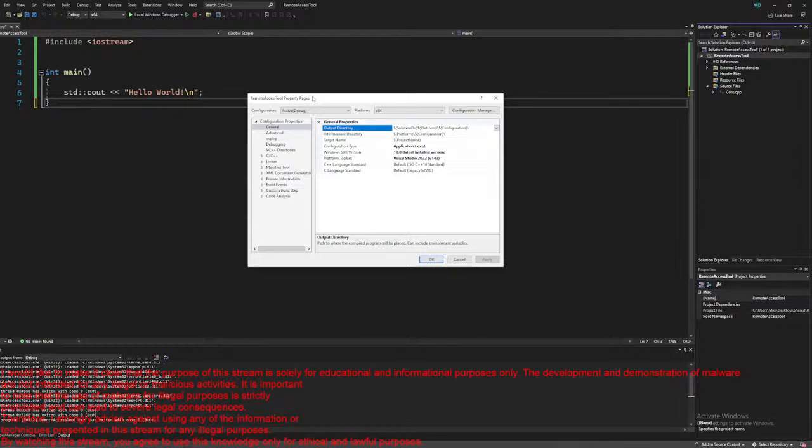Visual Studio uses dynamic compilation by default, so normally, if I would just distribute the software, I would have to distribute Visual C++ DLLs and a bunch of files with it, which, in the case of a remote access tool, remote administration tool, there are two names for RAT, well, I prefer remote access tool,